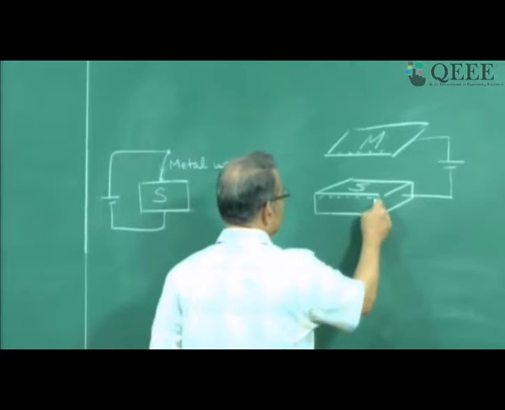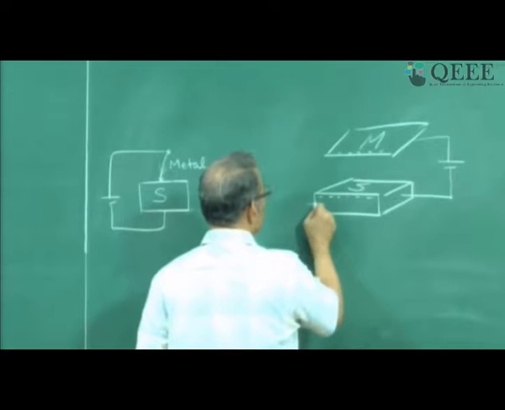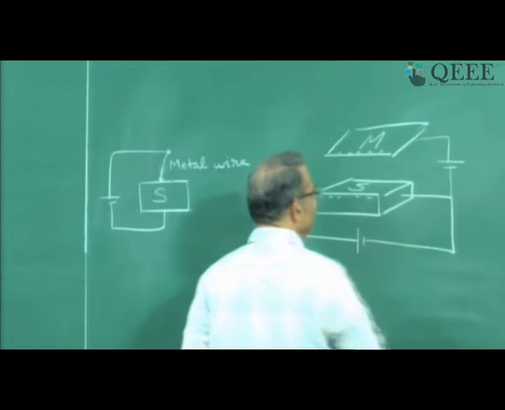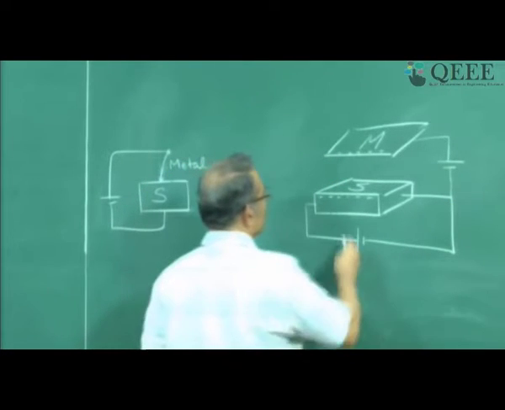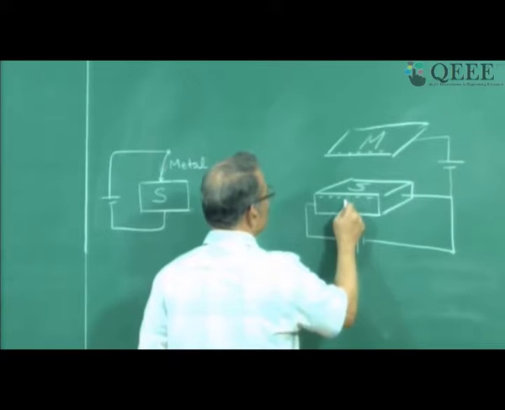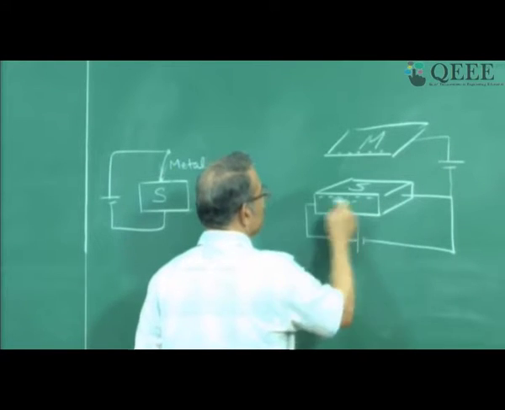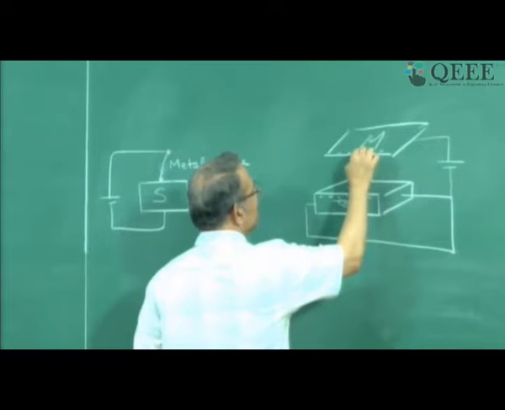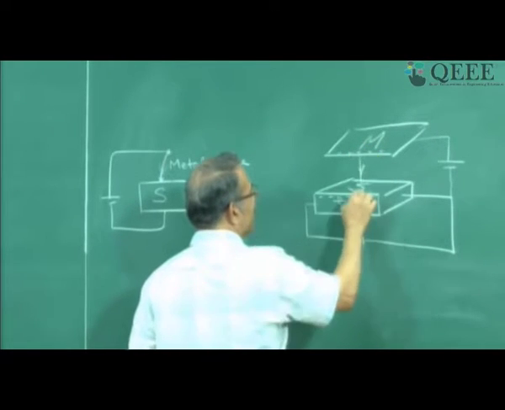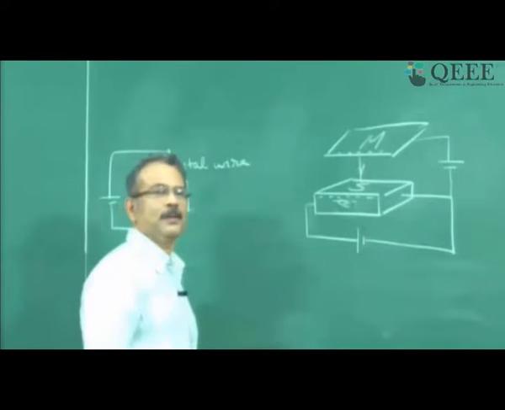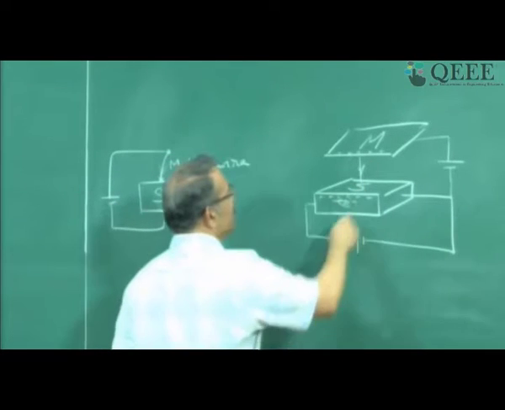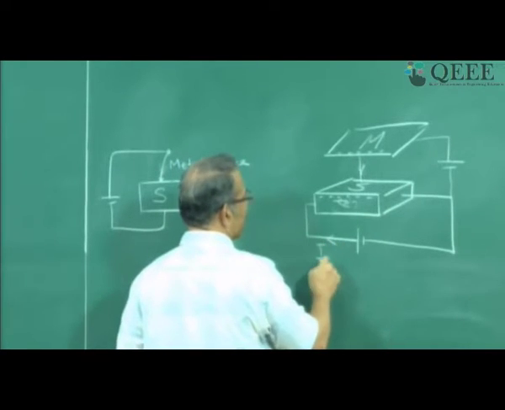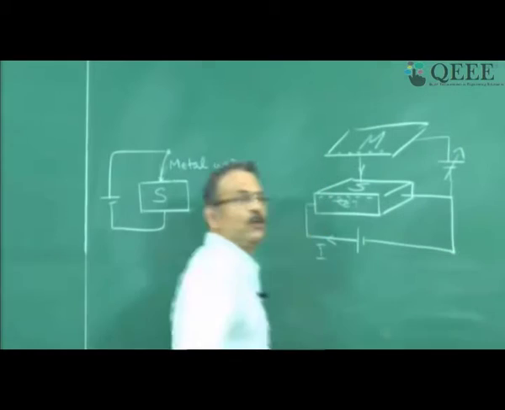Then they said, I will use these electrons to pass a current by connecting another cell like this, so that I will get a current. So electrons will move like this from negative to positive. Now this flow of electrons can be controlled by this electric field which is between the positive charges of the metal and negative charges. So this was their idea, to control this current here which you are getting, this is I, using this voltage, that is the controlling voltage.